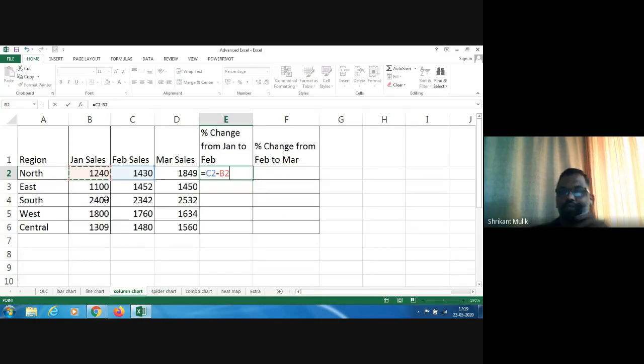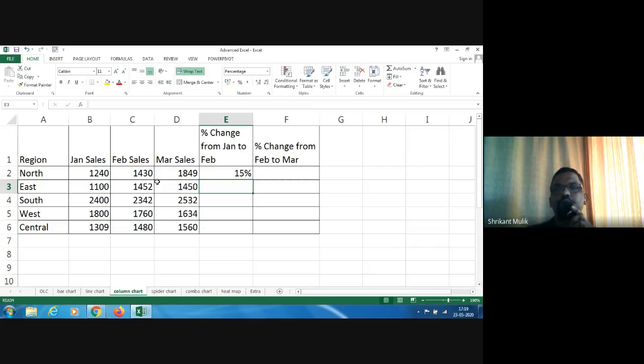Now you know that if you just type C2 minus B2 divided by B2, it will not be the right thing. I need to put this in parentheses so that I see the difference, and the difference is divided by B2. Let me pick up B2, and that is how I should get this number. So you should be very particular in typing the formulas. Now I can type this formula in the next cells also, but that is not what you should be doing. You can always drag and drop. You just drag it and you see it.